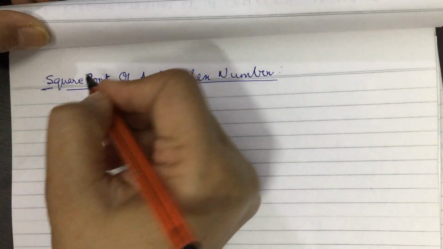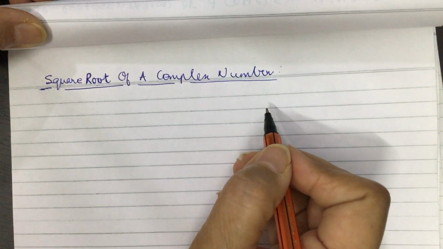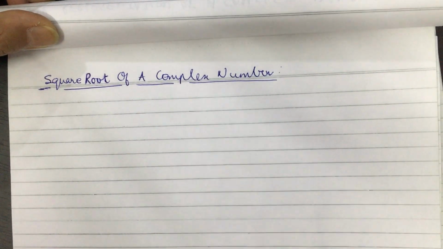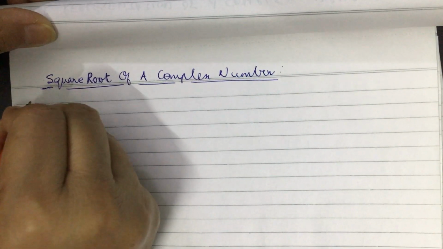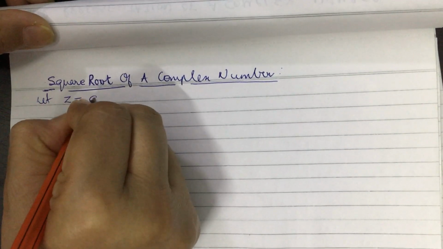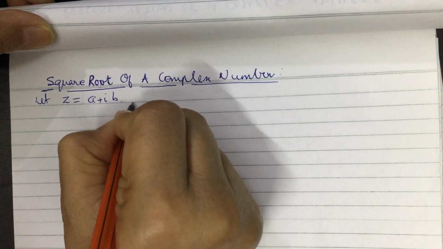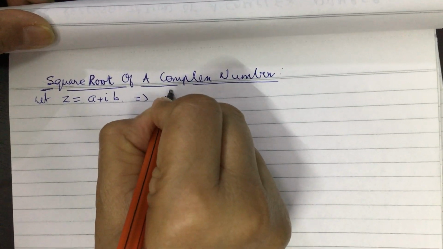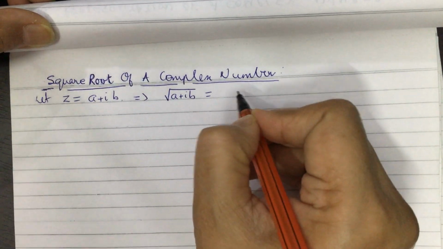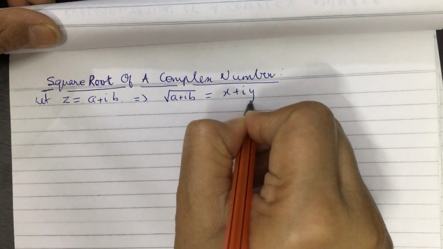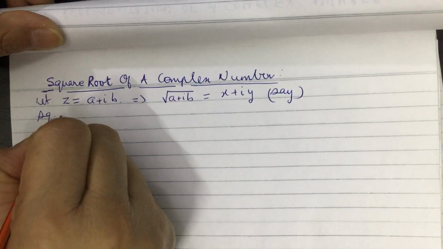So, let us presume that the square root of a complex number also is another complex number. Let us find what is the value of that complex number. Consider a complex number a plus ib whose square root is to be found. Square root of a plus ib is equal to, let us say, another complex number x plus iy. So, squaring both sides we get